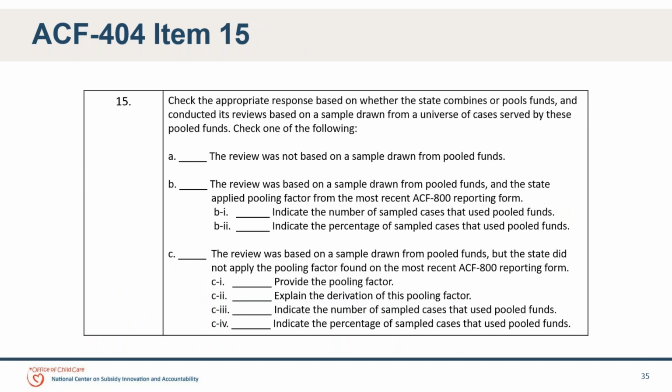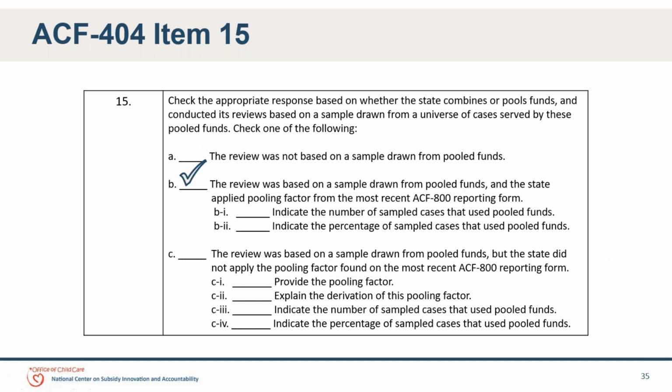Okay. Item 15 asks about the pooling factor. So you'll have to check either A, B, or C here. If your review was not based on a sample drawn from pooled funds, you would check A. And if your review was based on a sample drawn from pooled funds, you would select either B or C,